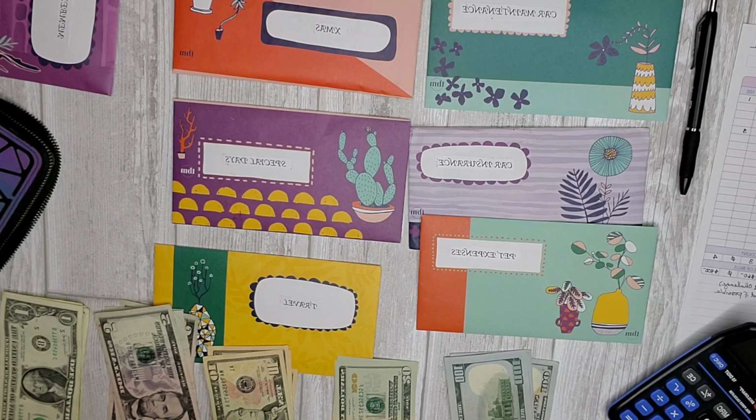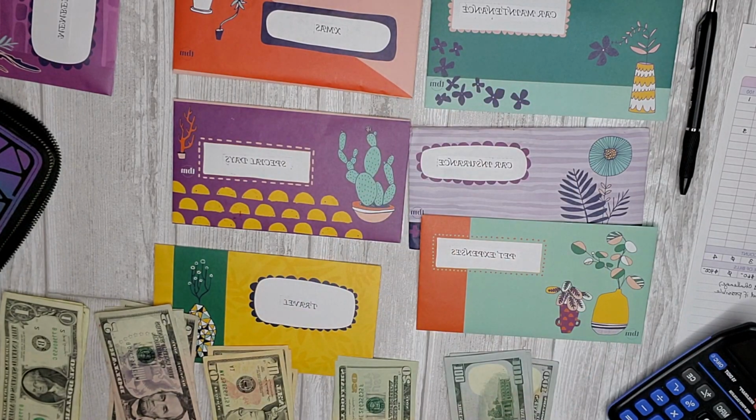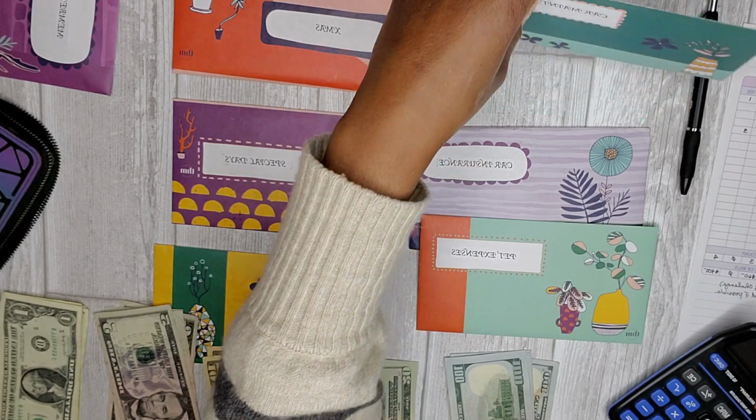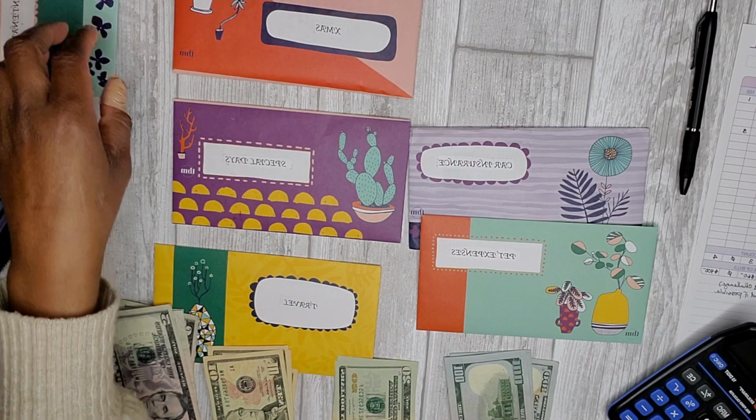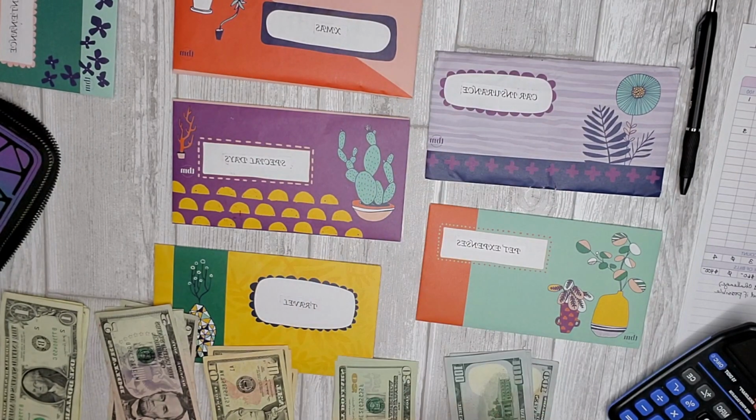So car maintenance. So membership is over here to the side. Let's start with car maintenance. I actually did not include anything in my sinking funds this period for car maintenance, so I'm going to set that to the side. Car insurance, I'm actually setting aside